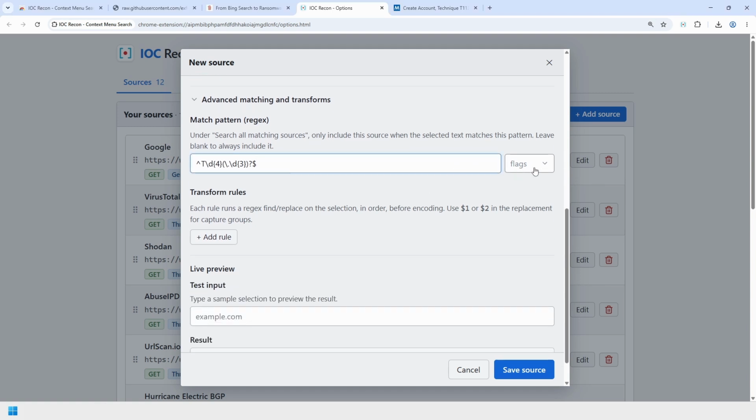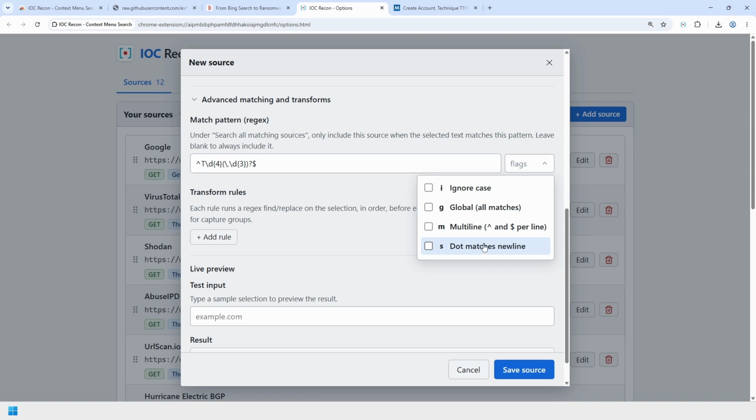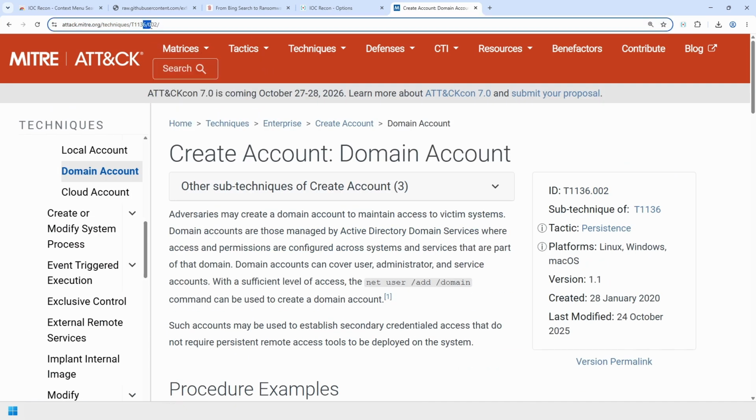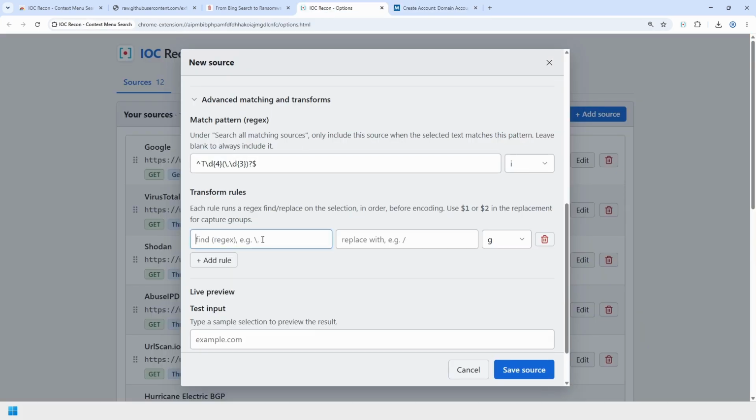For the flags, this is where we can, again, do some of those regex options like case insensitivity, global, or multi-line. I'll just set it to ignore case there. Now for the transform rules, this is where we want to apply some logic that says, hey, when we see a dot in a technique, change that to a slash so we can actually hit the endpoint. So I'm going to add a rule here to find a backslash with a dot. We need to escape out the dot there. And we're going to replace those dots